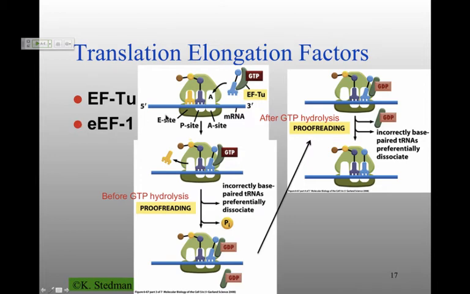But it basically serves in exactly the same way as initiation factor 2, or EIF2, associating with a tRNA, bringing it into the ribosome. If it's an appropriate codon-anticodon interaction, then you have GTP hydrolysis and release. If it's not the appropriate interaction, you don't have the hydrolysis, you don't have the conformational change, you don't release